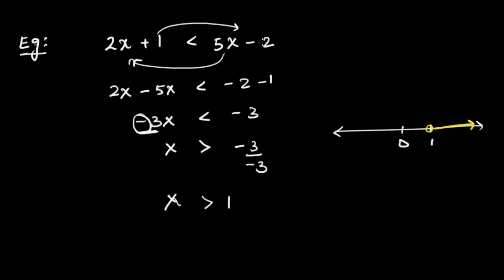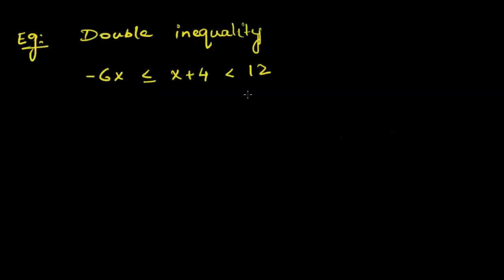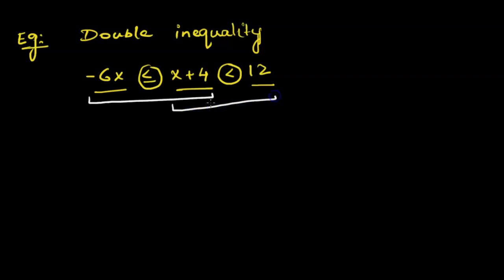Now let's take an example of a double linear inequality. Double inequality means we have two inequality signs, so there will be three functions in the double inequality. If we have to solve for x or any unknown variable in a double inequality, the simplest way is to split the double inequality into single inequalities. We write this separately and then we write this separately, solve them first and write down the solutions together.